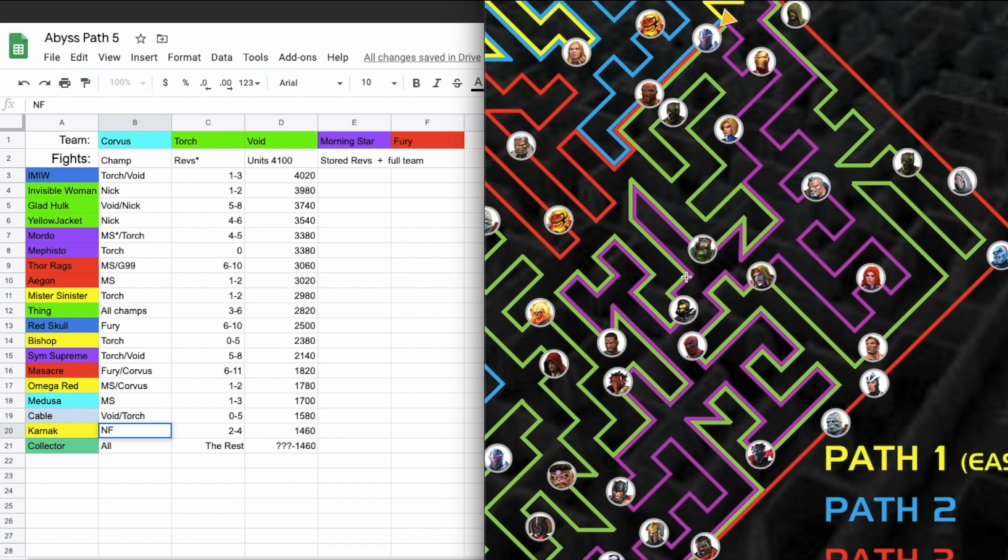Then after Massacre, we move on to the final fork in the road, which is guarded by Omega Red. Omega Red, I didn't really know what to use for him. I ended up using Morningstar for the bulk of it and finished off with Corvus. But the only scary part about this guy is he was the final fork before 100%. If I would have misclicked, it would have been very bad. Oh god, voice crack. It would have been very bad, but luckily I did not, and I moved on to